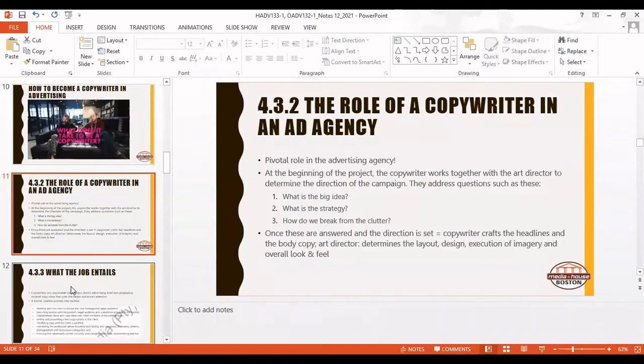Okay, now let's look at the role or the duties of a copywriter in an advertising agency. So remember, a copywriter is a very, very important person in an advertising agency. Let's say the project is just starting. The copywriter works together with the director to determine the direction of the campaign. They address questions such as what is the bigger